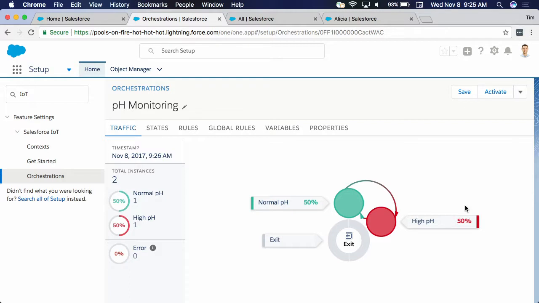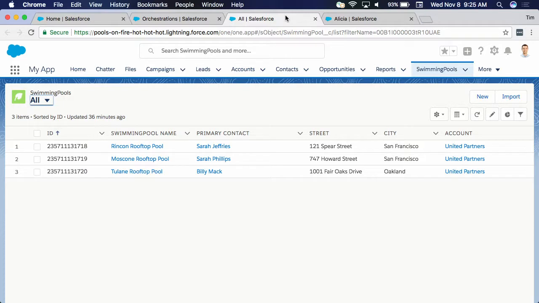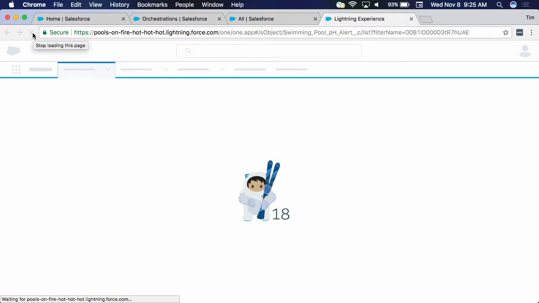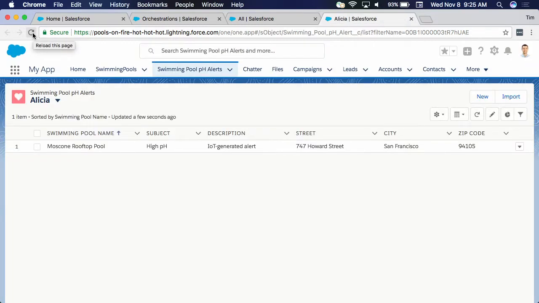So the final thing we need to do, I want to check that I actually took action. My whole goal was to really create this swimming pool alert. So these are my pools here that I have. And then if I go over here, I have swimming pool alerts. So I loaded this page earlier, 36 minutes ago. Hopefully, if I go ahead and refresh, I'll be able to see that newly created alert. And there it is. And it even listed all of the data about that pool that I got from the